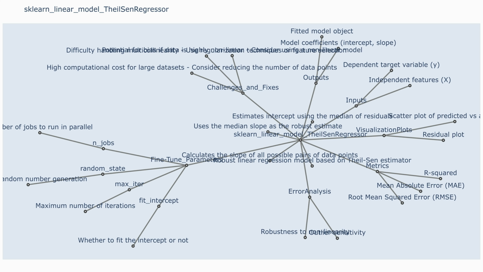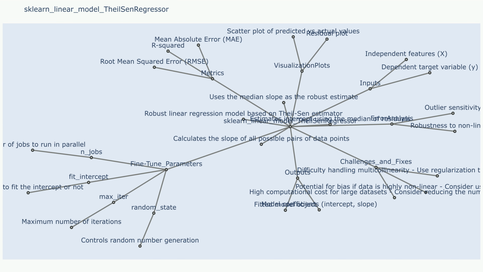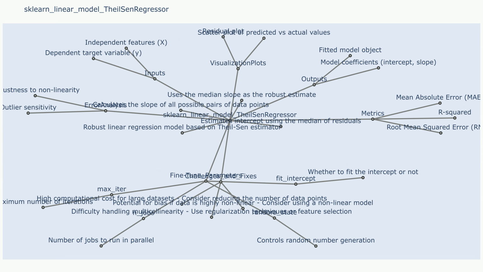sklearn, linear model, TheilSenRegressor. Description: TheilSenRegressor is a robust linear regression model that is resistant to outliers in the data. It estimates the regression coefficients using a robust estimator based on the Theil-Sen estimator, which is a non-parametric method that considers the slope of lines drawn between all pairs of data points. This makes it more reliable than ordinary least squares (OLS) regression when the data contains outliers or deviations from a